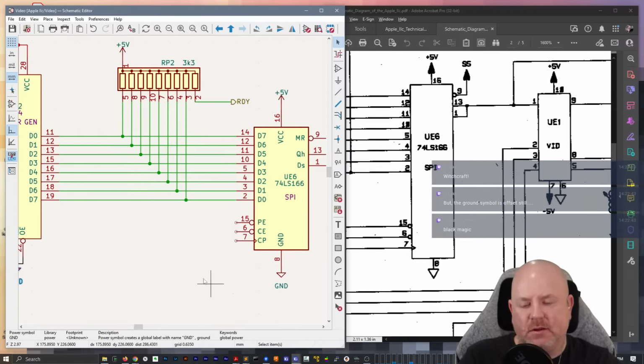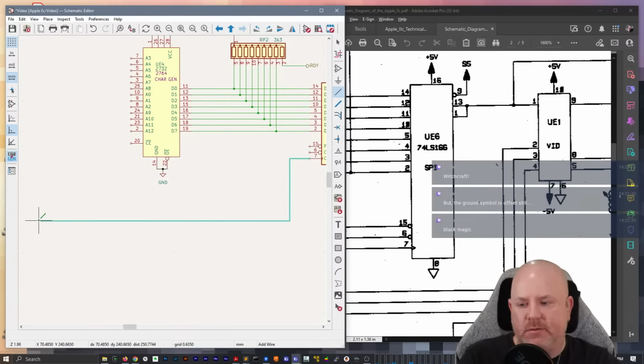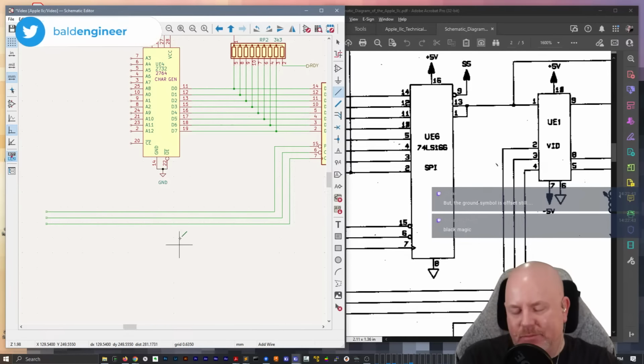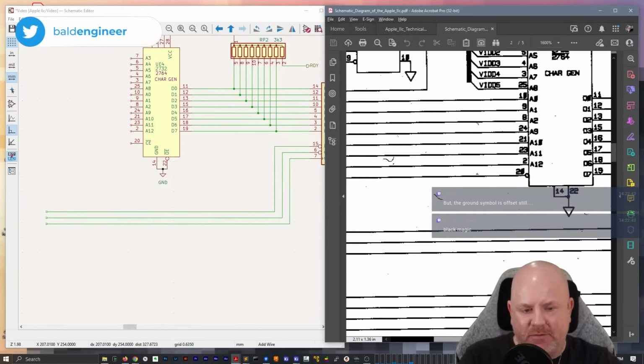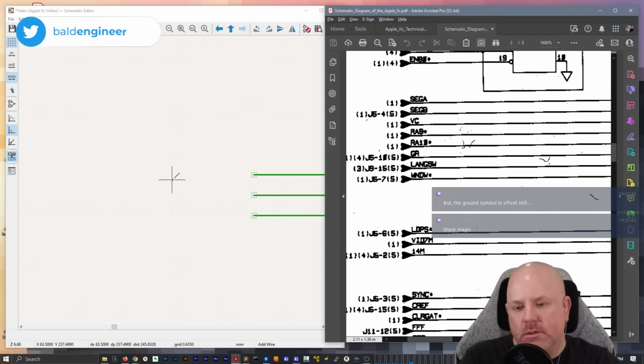Or, because I do like the idea. Okay, yeah, we're just going to do what they did, because I do like the idea. So I'm going to come around here, and then we're just going to go like this. I didn't do this with ready just because I didn't feel like drawing all the way to the side yet. But even though it's not really necessary, I do like putting the off-page symbols or the off-sheet symbols or hierarchical signals. I do like the idea of having them